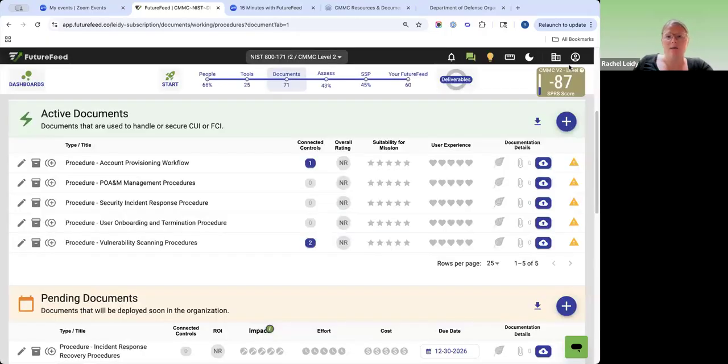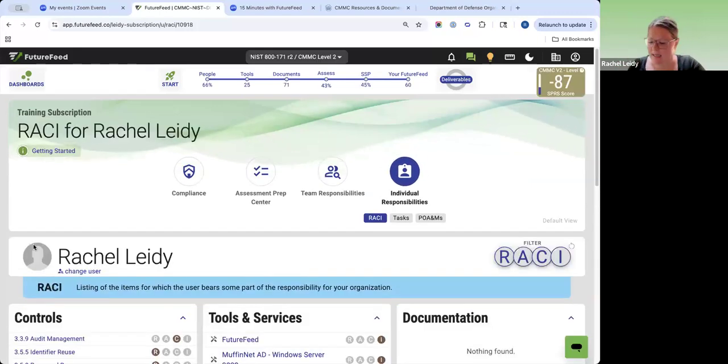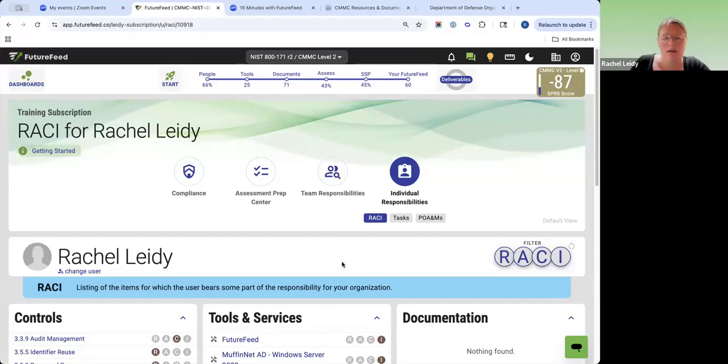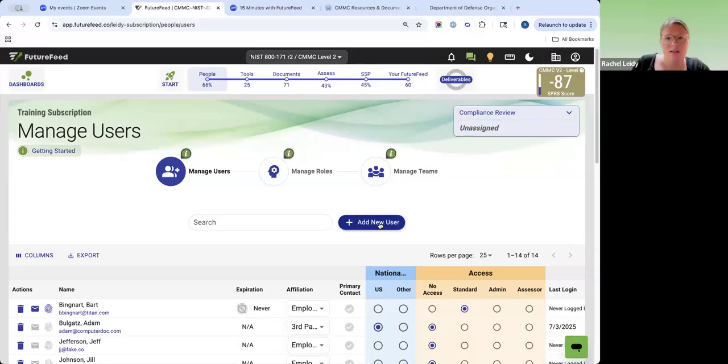And now let's say I'm bringing on board a new client. My internal process will be that I submit a request to FutureFeed and ask them to clone my template environment and rename it to this new client. And then I would go log into their environment. Of course, you're going to have to get them access to their environment. So you'll set them up with access and get them access to their environment, but then go over to the